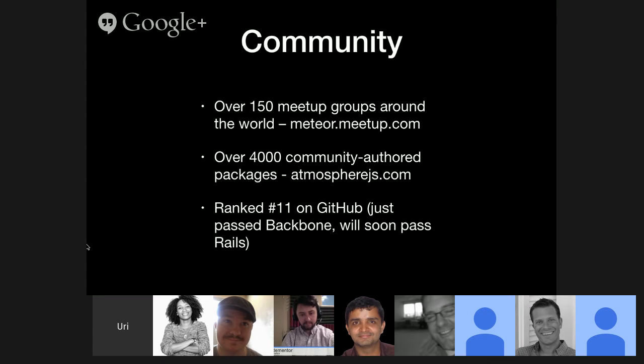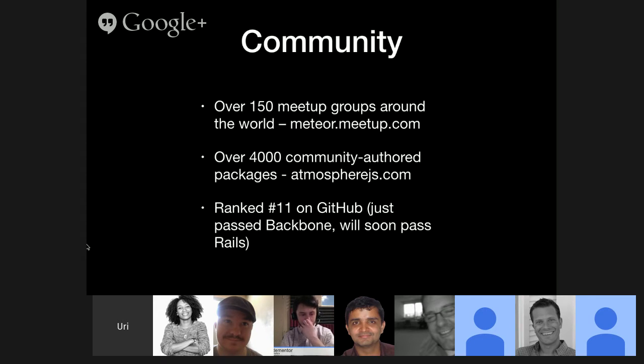Also, Meteor is growing super fast. Since the first time I looked at Meteor, it really changed. There are over 150 meetups all over the world, which is very exciting for me because I'm traveling all over the world, so I can talk in a lot of places and people can host me. There are a lot of community packages. So when people say Meteor doesn't support X, it's usually wrong, because usually you can find a community package that does support it, and the community is huge. It's just like any other ecosystem. Anything that the core development team doesn't support doesn't mean it's not there.